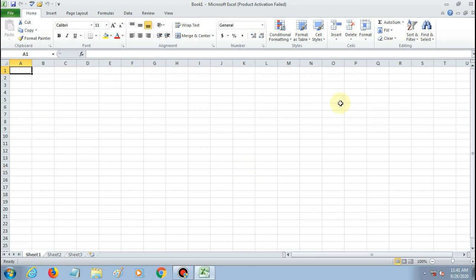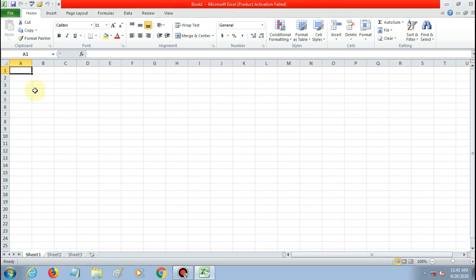Then this is a spreadsheet of Microsoft Excel. Here you can see sheet 1, sheet 2, sheet 3. So the collection of sheets is called a workbook. By default, a workbook has 3 sheets.